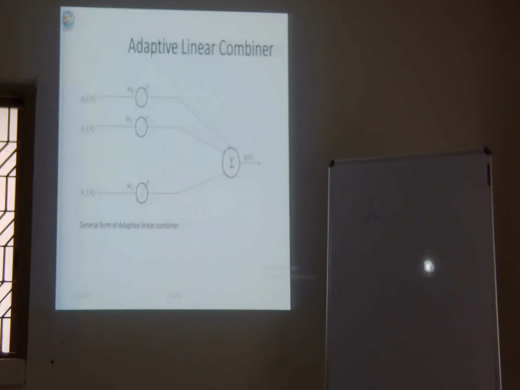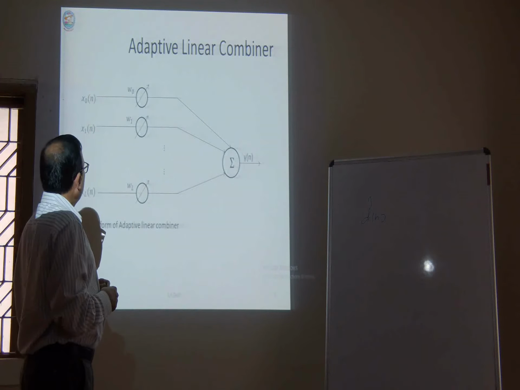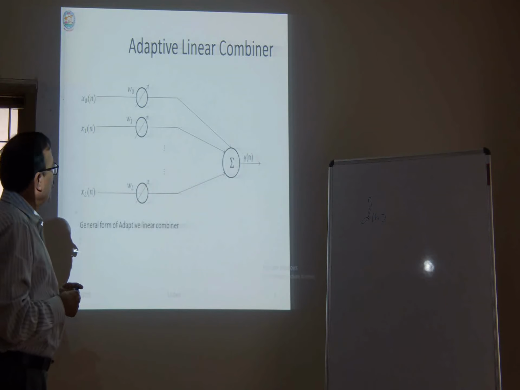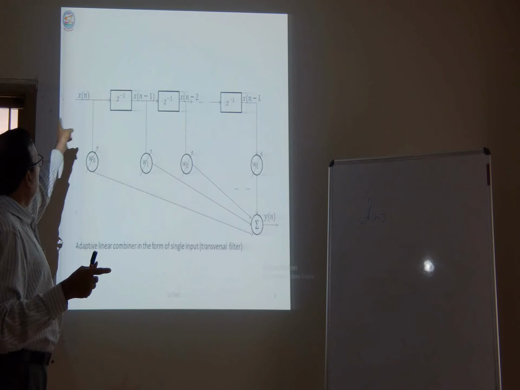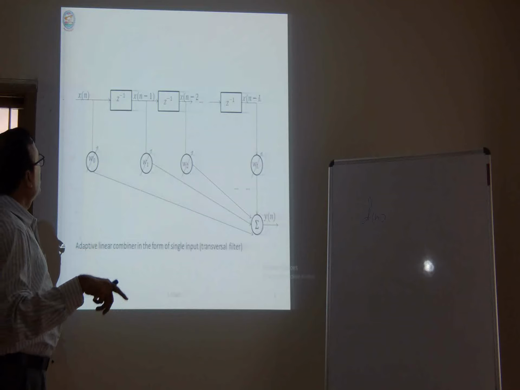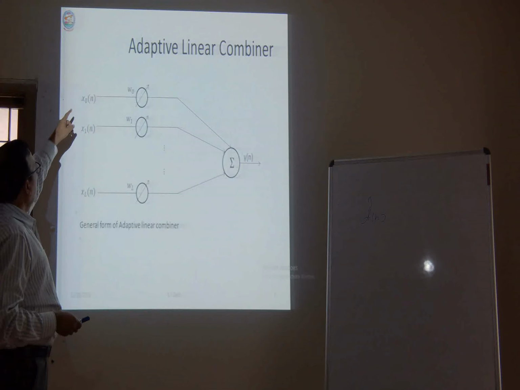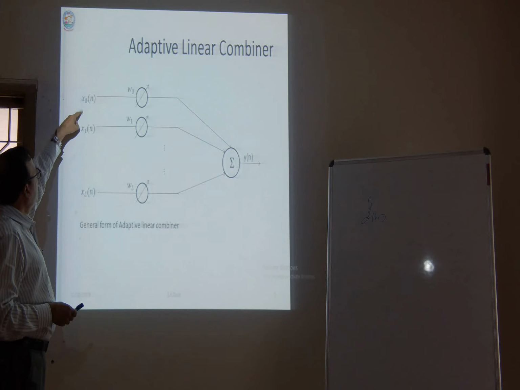So now we come to the adaptive linear combiner. The adaptive linear combiner has two types. One is the multi-input adaptive linear combiner. The second is the single input adaptive linear combiner. Previous. So here this is a multi-input adaptive linear combiner, and here we see that there are L plus 1